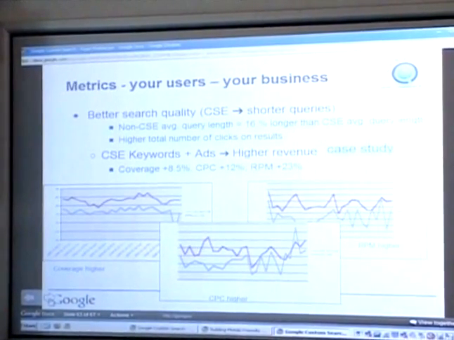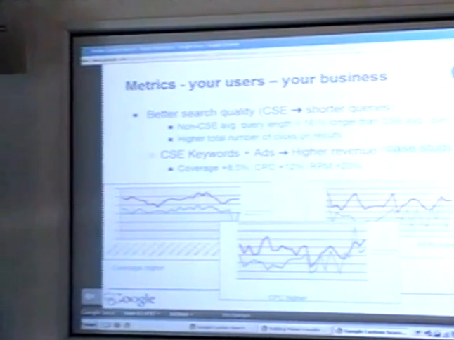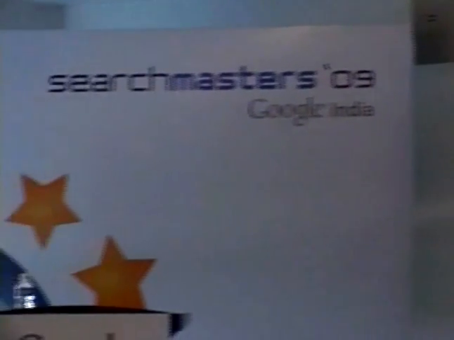I'll skip that one. Let me quickly talk a little bit about monetization and keywords. This is some data from a specific large customer of ours where we did a case study. What I wanted to focus on here was a feature that we have in custom search called keywords. With every custom search engine that you define, you have the ability to provide specific keywords around the topic of your search engine. So for example, if your search engine is about football, you can add terms around football, soccer, goal, etc. And that defines the overall set of keywords that define the topic of your search engine.